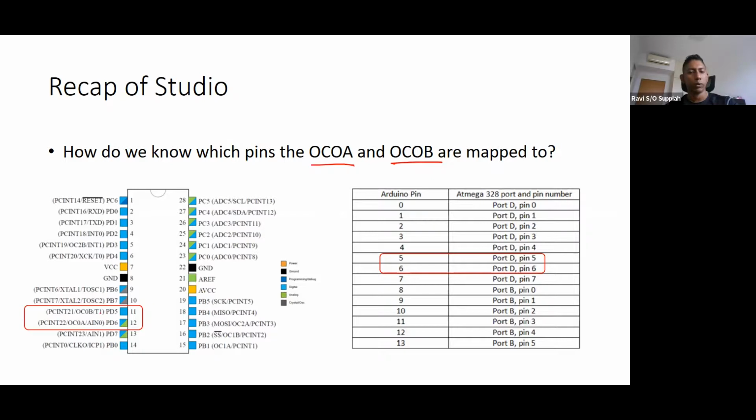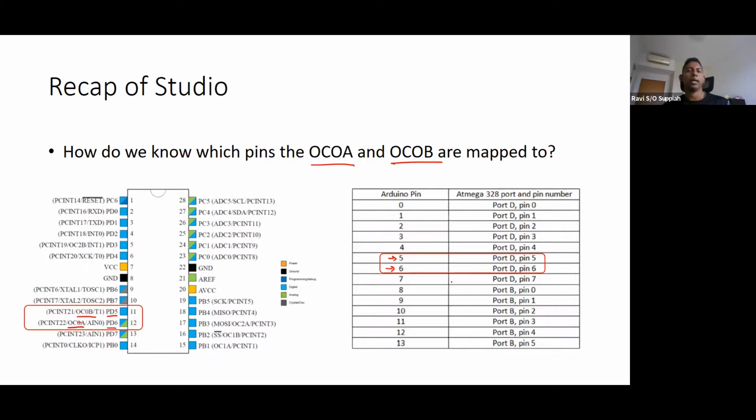If you look at the pin mapping, you will see the OC0A and OC0B, which are the timer 0 A and B channels. Both of them are mapped to port D pin 5 and port D pin 6. And port D pin 5 and port D pin 6 are also mapped to Arduino pin 5 and 6. So you need to be able to link these things together.